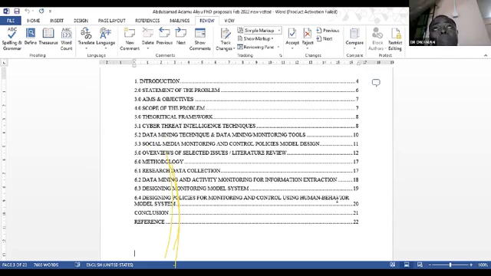Remember when we put points, we're talking about chapter and sub-chapters. So if you say 2.0, you are talking about chapter 2, subsection 0. Can there ever be subsection 0 in a work? The answer is no. When you talk about 5.0, you are saying chapter 5, subsection 0. Because 5.1 means chapter 5, subsection 1. Chapter 5.2 means chapter 5, subsection 2. So let us try as much as well to avoid all these 2.0, 3.0, and 4.0. Besides that, the structure is not just okay.